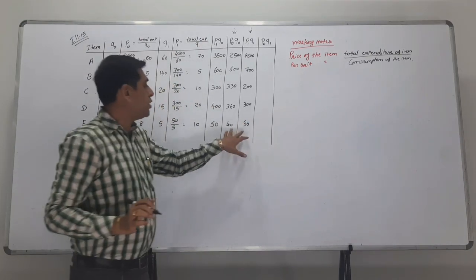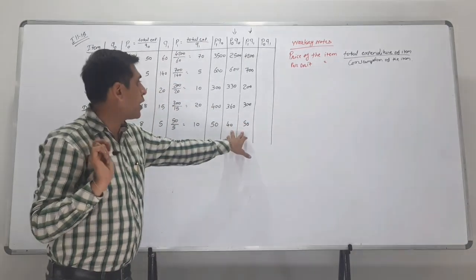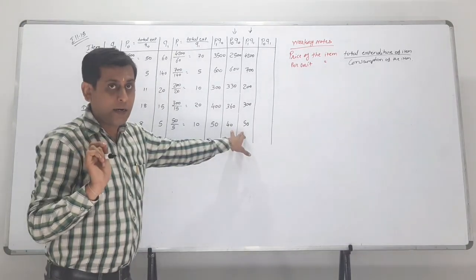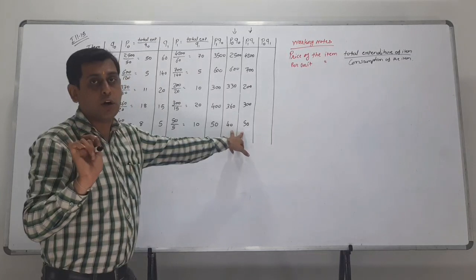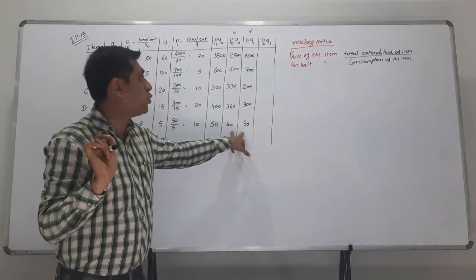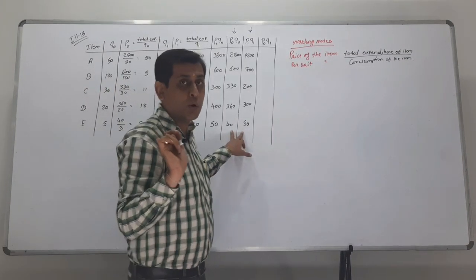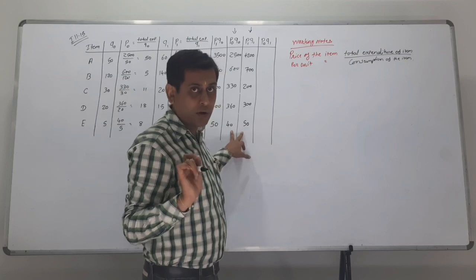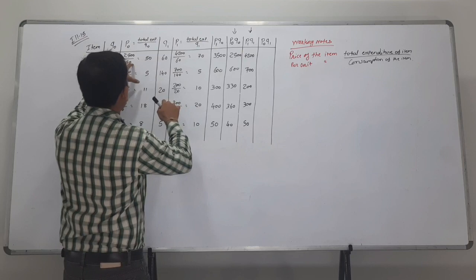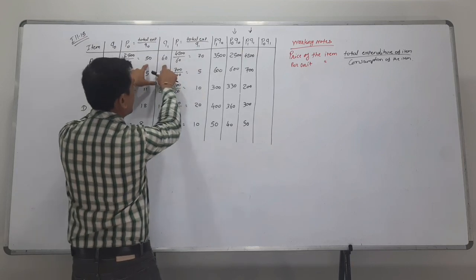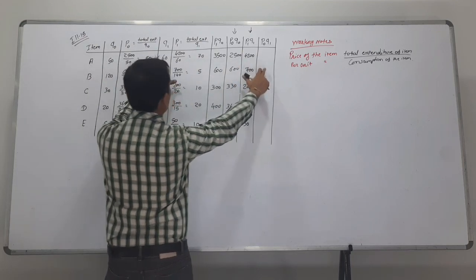See, always these two are given. Keep in mind, this is the shortcut. Whenever the total expenditure column is given, you don't have to calculate P0 Q0 and P1 Q1 because they are given in the question. Now only the multiplication for P0 Q1 remains. Right, the last column is P0 Q1.